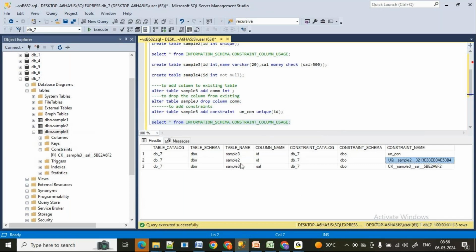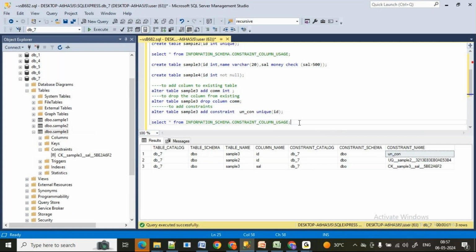In the sample 3 table, this is the check constraint I have. In the sample 3 table only, this is the newly added constraint. How do I know? Because this is the constraint name that I have given. See here, this is the one that I have taken here. Good enough? This is how you're going to add a constraint.